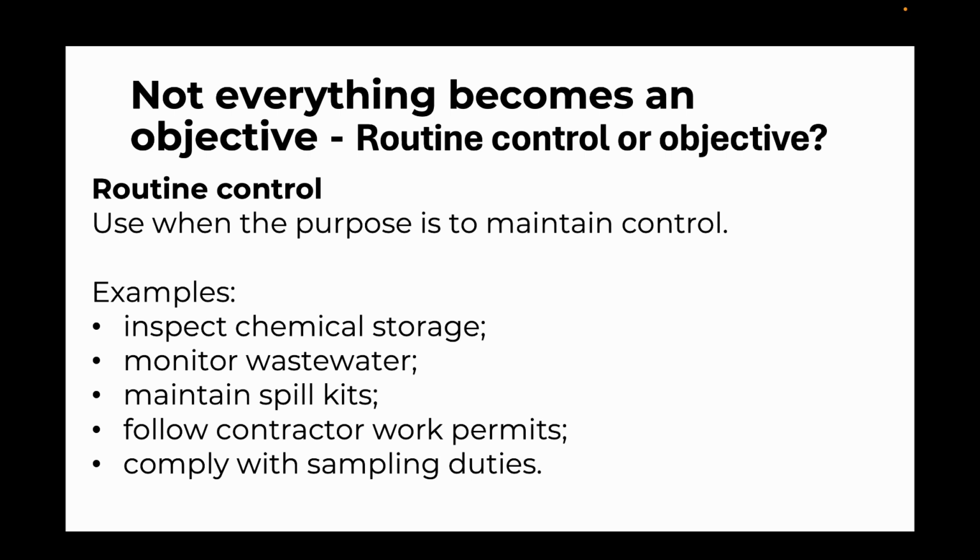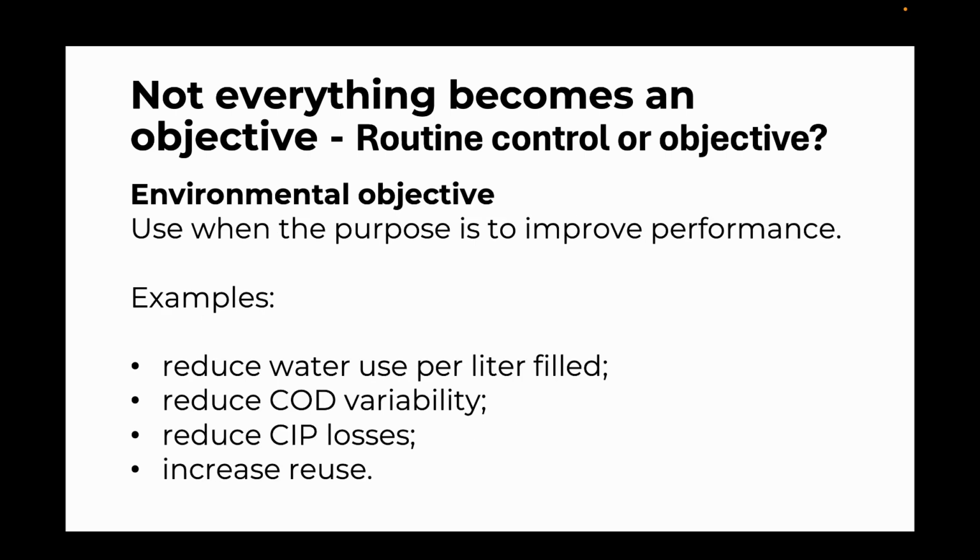If BlueRiver needs to inspect chemical storage, that is routine control. If BlueRiver needs to sample wastewater according to a permit, that is compliance monitoring. If contractors need to use a work permit, that is contractor control. These are important, but they do not automatically need to become environmental objectives. An objective is more